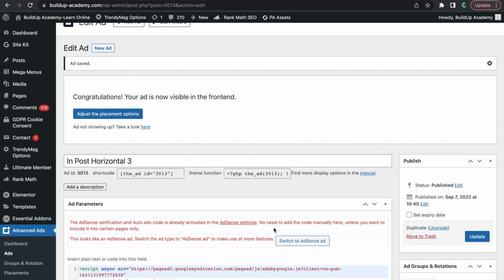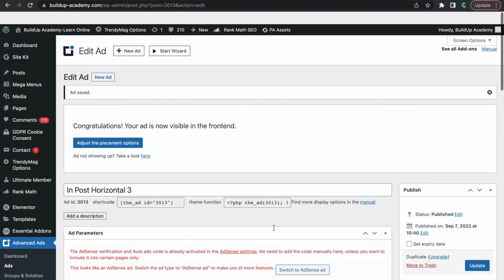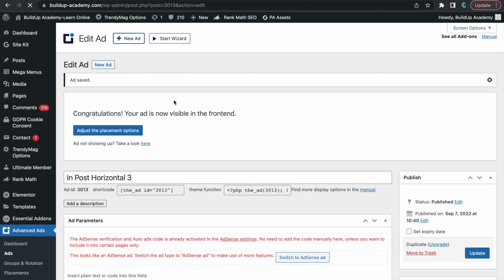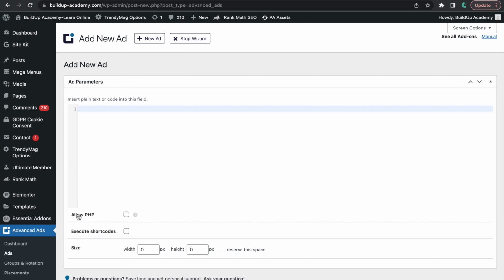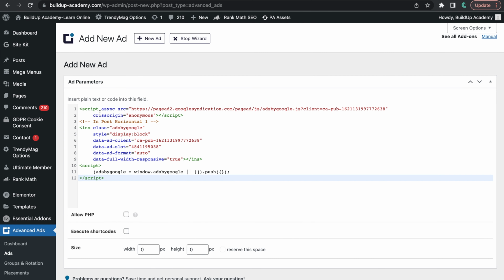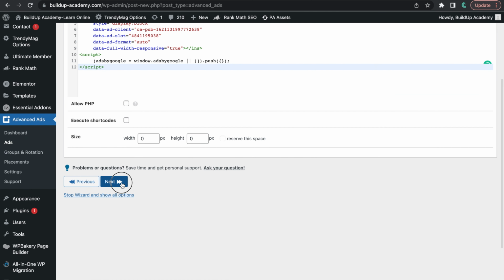So I'm going to go ahead and do one for paragraph 12. So I click on new ad. By now you should get the idea. So I'm going to do the final one for the 12th paragraph. So in post horizontal 4. Still I keep it on plain text and code. I click on next, and then I paste the script again. I click on next,